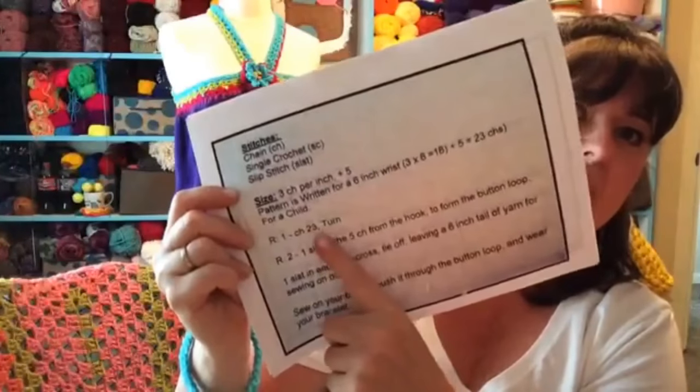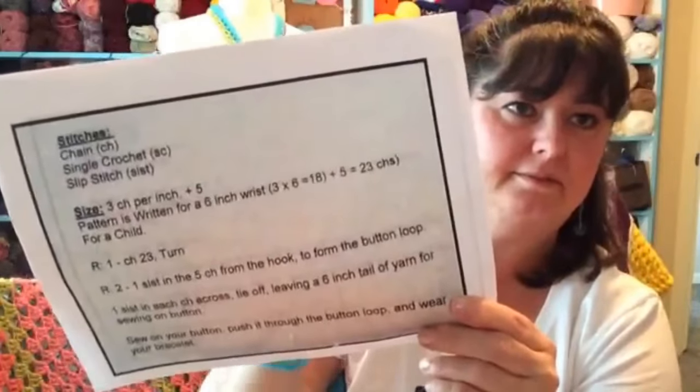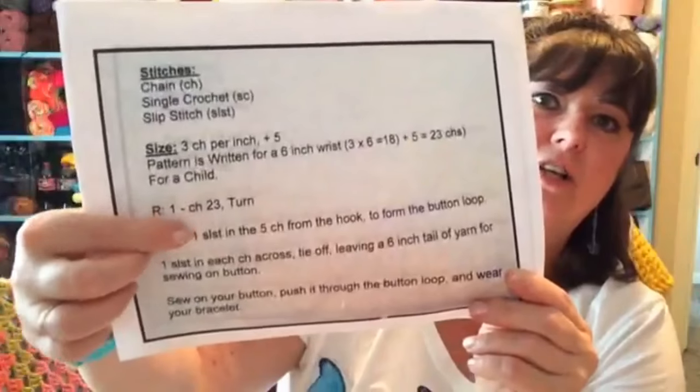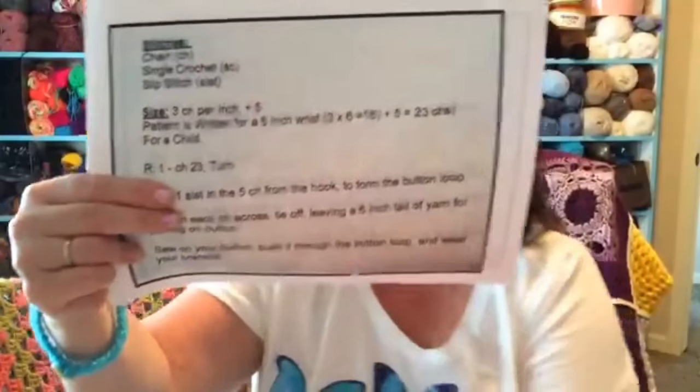So we chained 23 and we just turned. All right, so we've got a chain and we just turned. So then it says slip stitch in the 5th chain from the hook. And